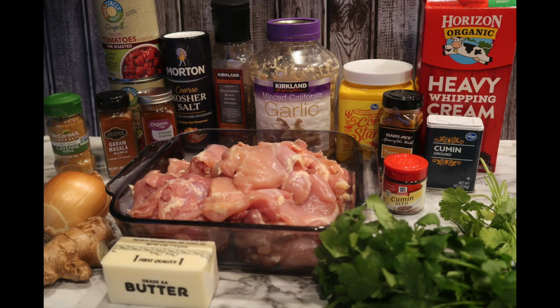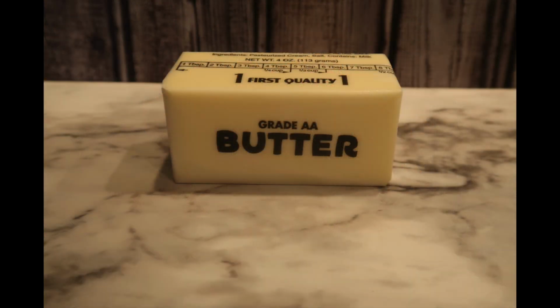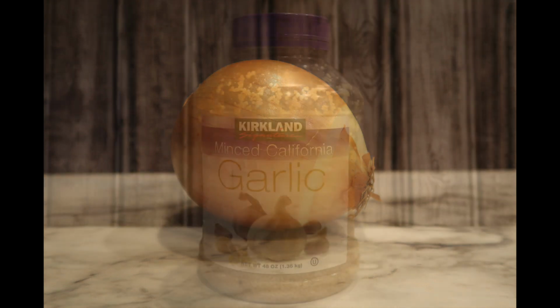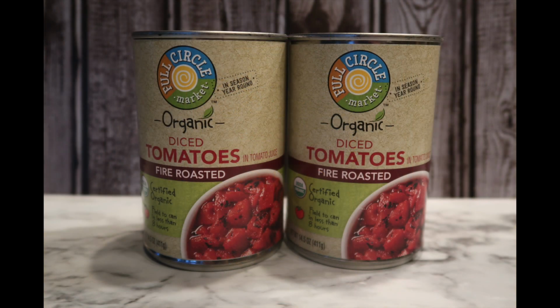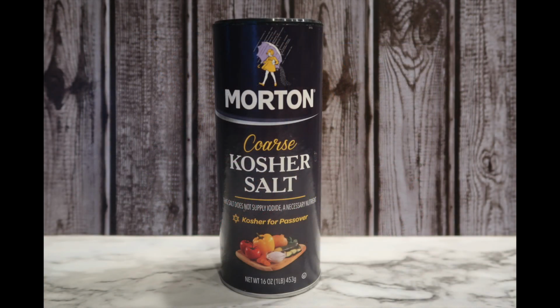Let's go over the list of ingredients needed to make this recipe. You're going to need about 3 pounds of boneless, skinless chicken thighs diced up, 1 stick of butter, 1 onion, 2 teaspoons of garlic, 2 14.5-ounce cans of diced tomatoes. I'm using fire roasted, some kosher salt,